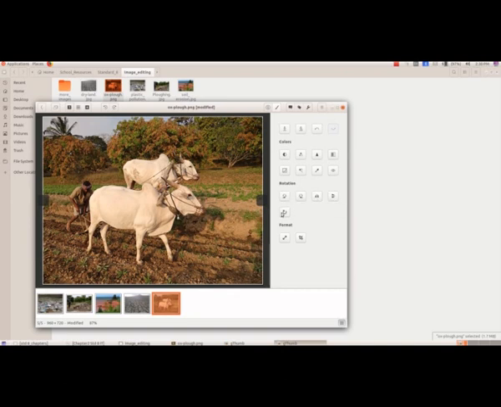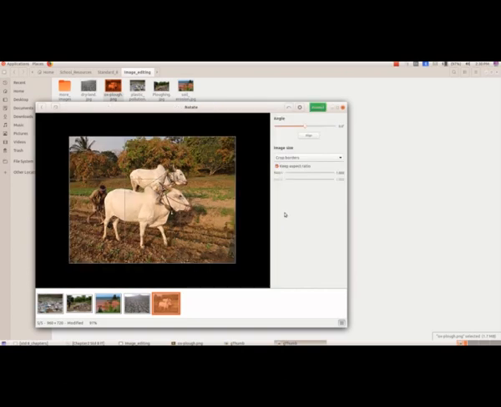And now the last option in that is rotate. When you select that, you will be able to see it is divided into 9 squares.